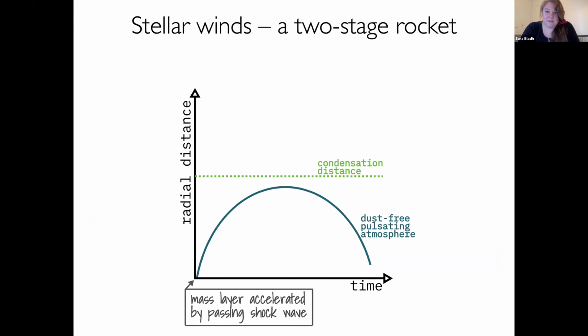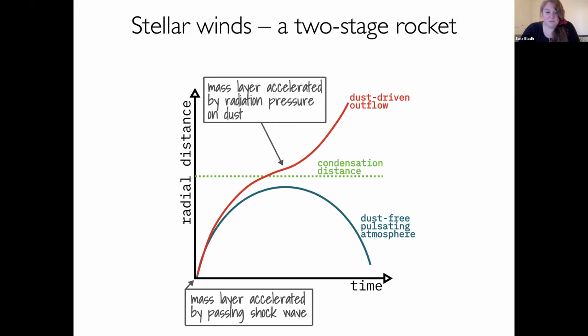In the first stage, stellar pulsation and convection, because AGB stars are variable stars and highly convective, induce strong shock waves in the extended atmosphere, and these shock waves levitate and compress